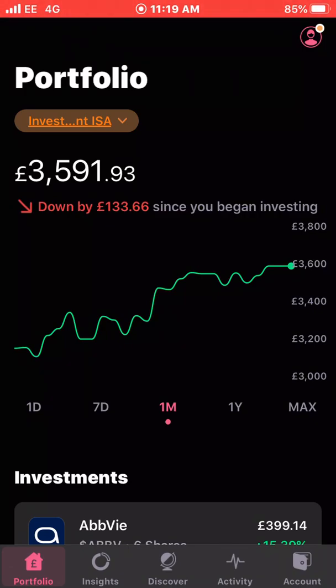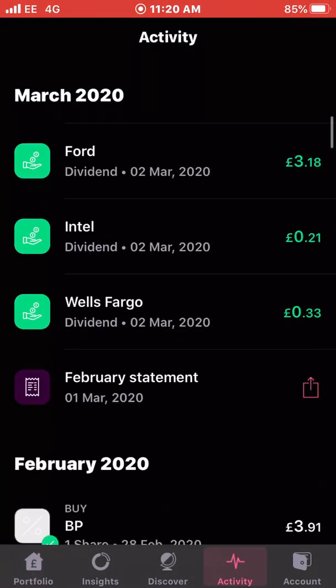So we'll get into it today. Basically, it's my dividend payouts for March 2019, my passive income dividends. It's a bit later than planned, as we're obviously halfway through April now, but I'll just go into what I've received from and what companies I've received dividends for this month. So let's go into the activity tab on the Freetrade app now and scroll all the way back down to